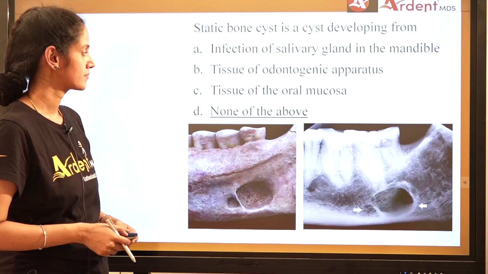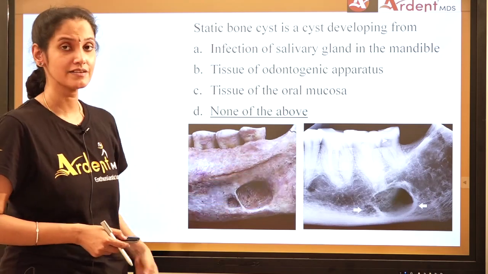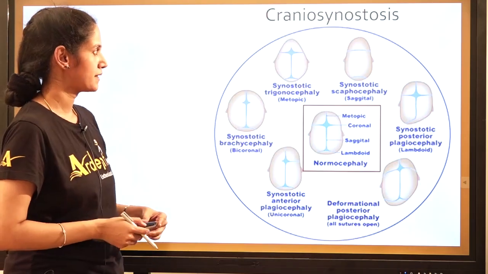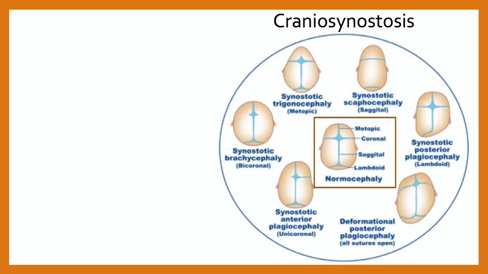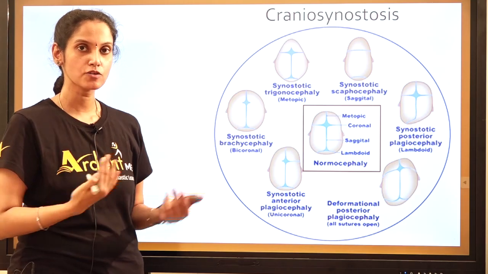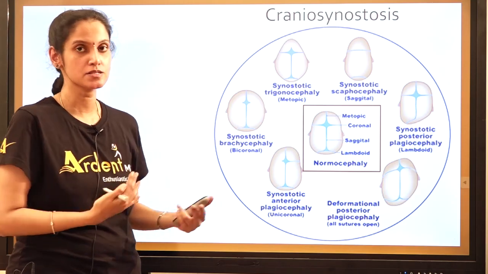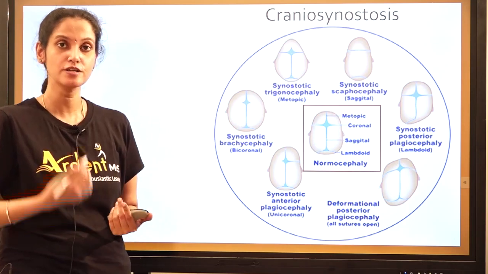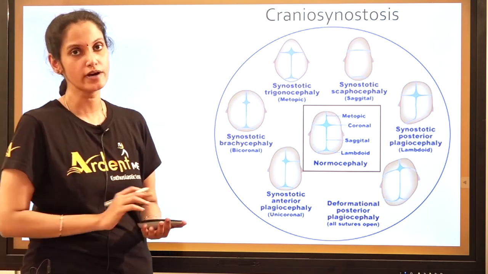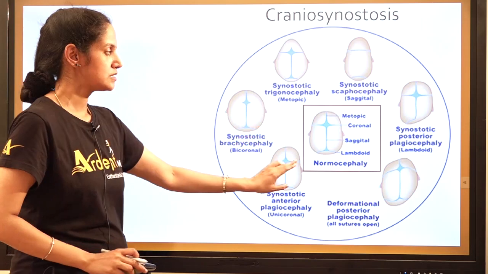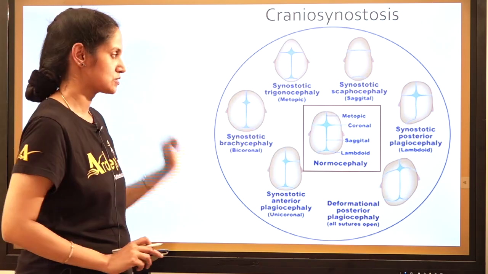Alright, that's none of the above, it's a salivary gland tissue and tract. Now, this is one concept I wish you could understand, because there are two syndromes which are part of the developmental disturbances of the oral maxillofacial region, which are quite often asked in your exams. So this basic is important to understand those syndromes.